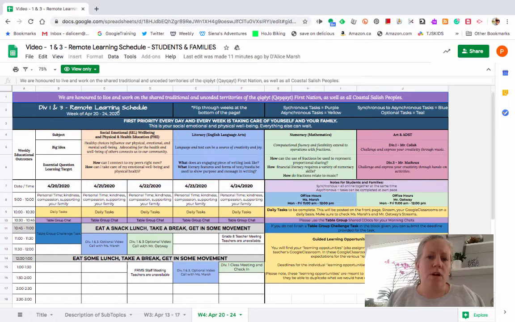So here's your schedule for week 4. You can tell this by looking in the top left-hand corner. Here you can see it tells you the dates, the week of April 20th to April 24th of 2020, just so you know that you're on the right page. It has a little bit of a friendly reminder to flip through the weeks on the bottom pages. If you forgot what went on last week, go back and check. If you want to know what's going on next week, go forward and check, but that can only be done